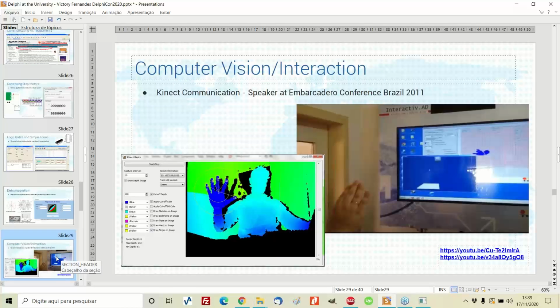Okay, so if we go on, we arrived to 2011. In 2011, I was presenting some computer vision interaction with Kinect. At the time, I was working with a fellow colleague from the UK, and this was actually my entrance passport to become an MVP, because the year after I was invited to integrate the team.